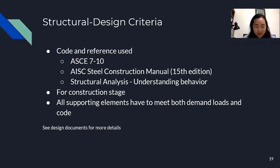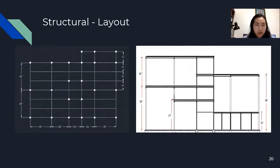We also consider this project in the construction stage, such as for ease of construction, the selection of the size of the beam and the girder will be modified to meet our demand load. And the biggest criterion for this portion is that we still have to design everything to meet both our demand loads and code. And here's the layout of the